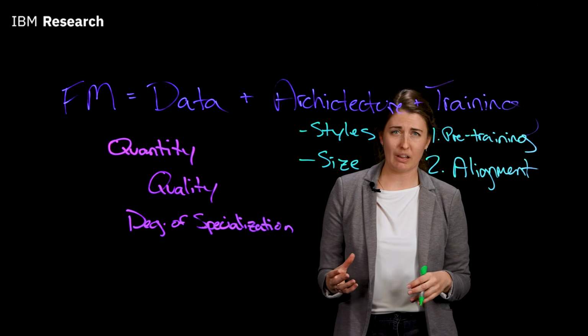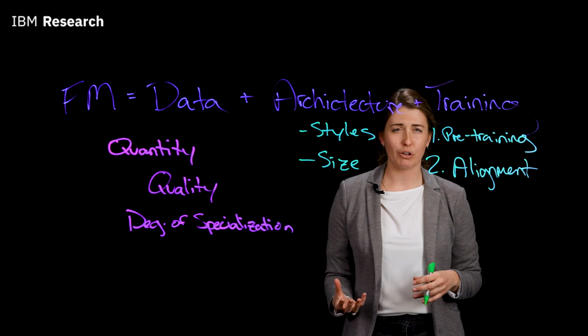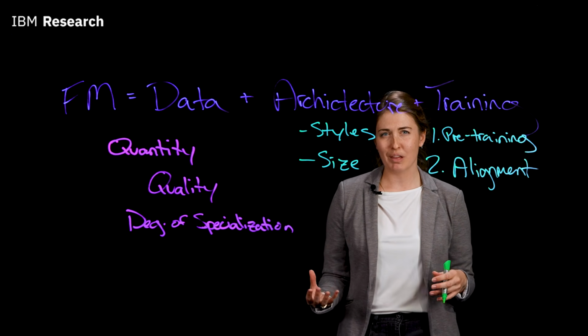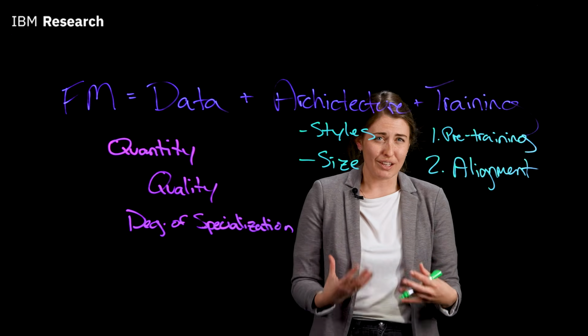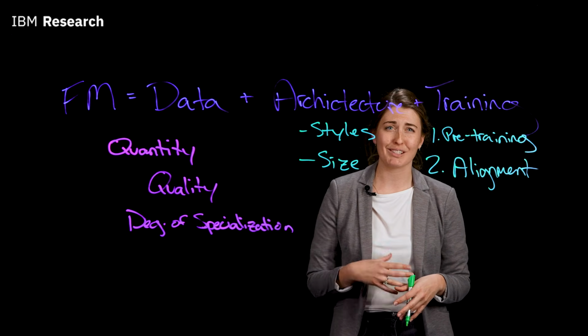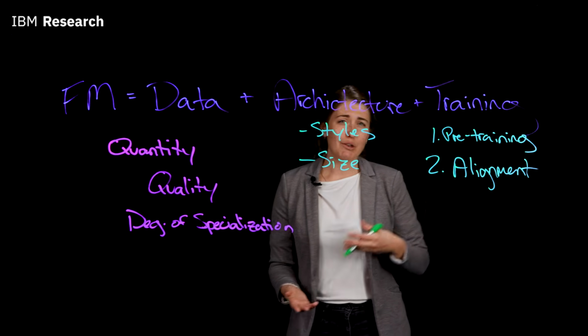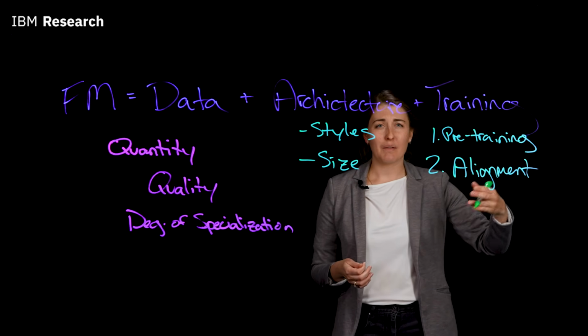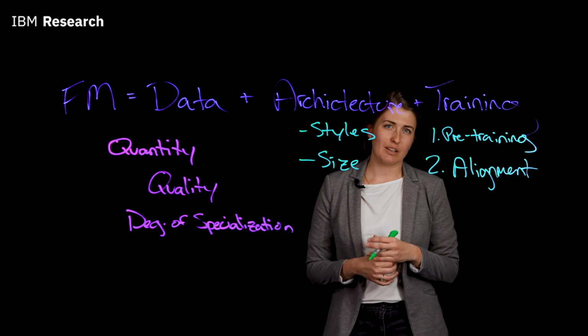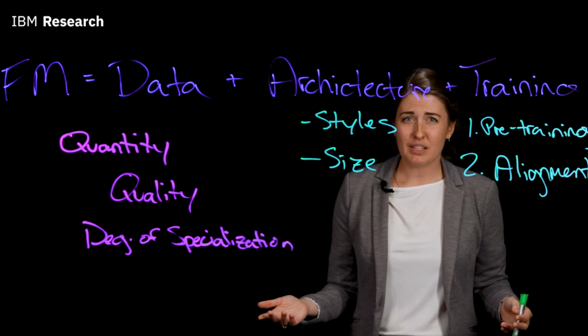Some techniques around alignment include things like reinforcement learning with human feedback, RLHF, which is when I have a human actually sit in the loop. They're evaluating model performances, scoring it, and then creating a rewards function. It's basically a game, and you try and get the model to give responses that are going to have the highest scores from the human annotators. There are other methods that are more data-driven.